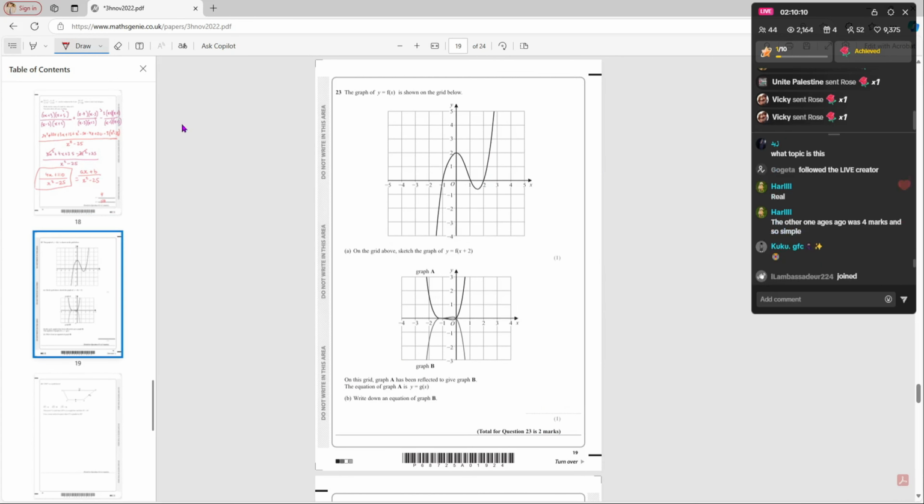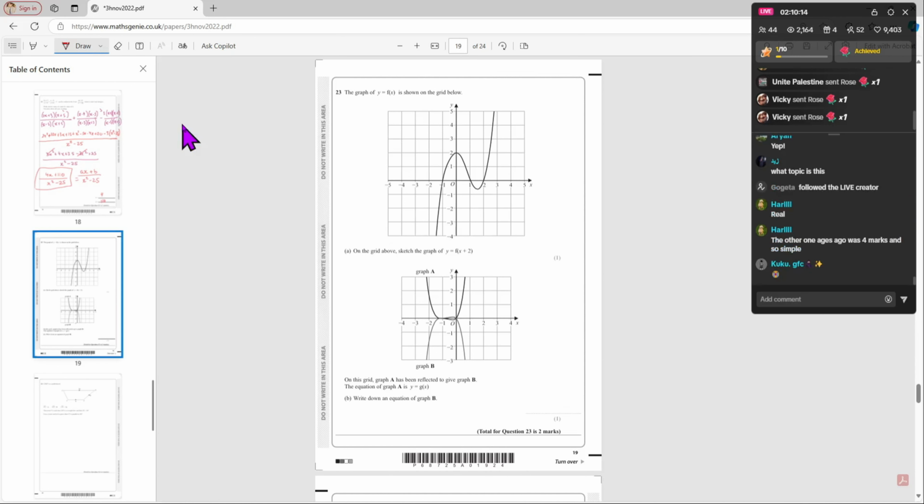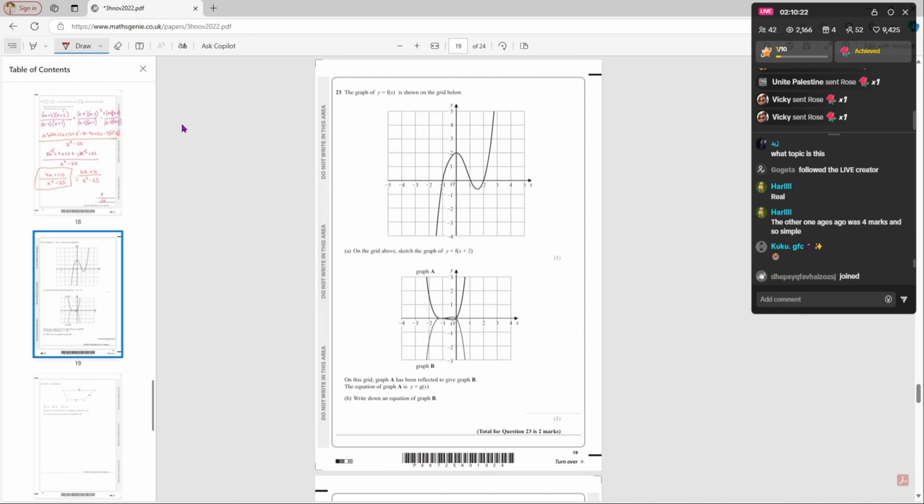So the graph of y is equal to f(x) is shown on the grid below. On the grid above, sketch the graph of y is equal to f(x) plus 2. So what we need to do now is basically add 2. Since we're doing f(x) plus 2,